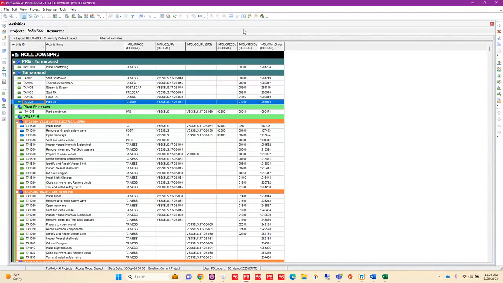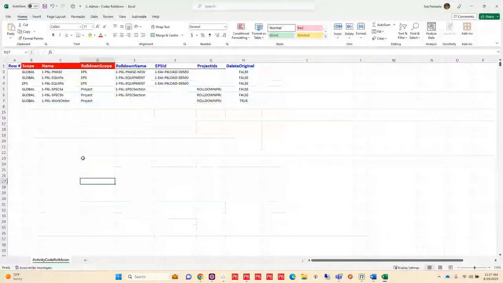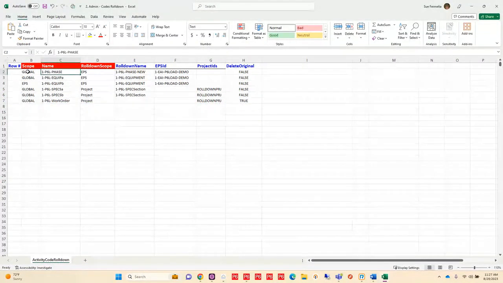Now, in the way of specs, these again are duplicated. On duplication, I want to combine these and combine the dictionaries together. Then I want to push this to the project level because it's only important to my project. I also have work orders that are at global, and I want to roll those down to my project level. So the way I would do that with our code roll down utility is that I would put